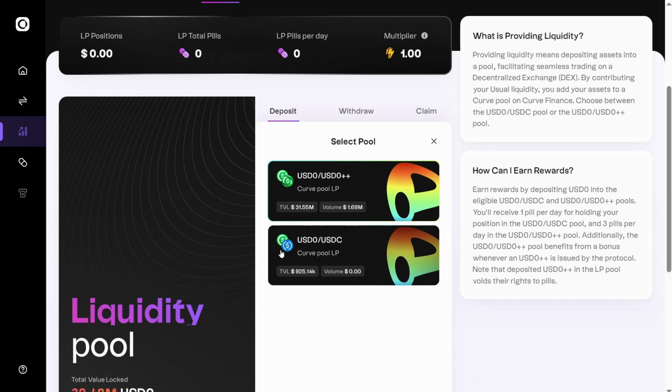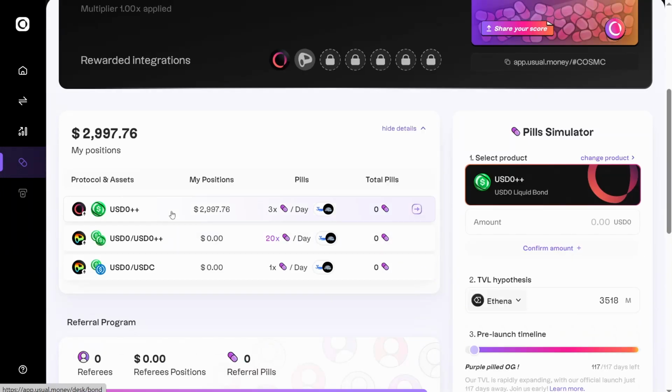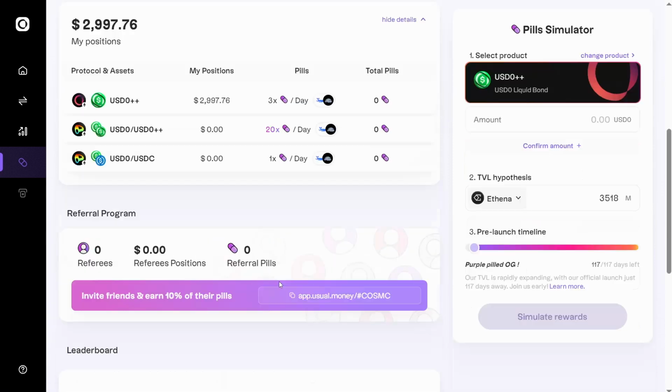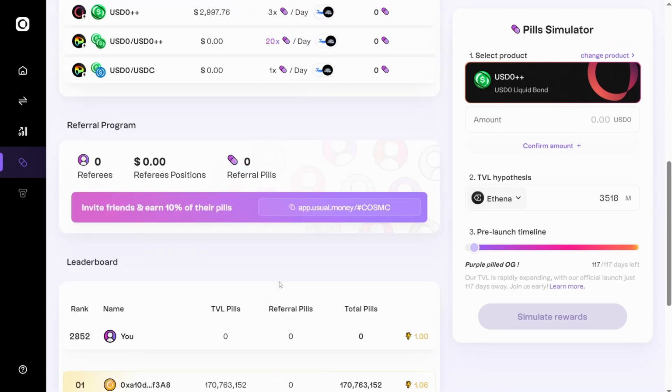You can find the same pools on Curve Finance, where you can perform the same actions and check more details about any pool. Okay, let's focus on the option I selected for investing my USDT. I deposited, and now I will farm pills and increase my multiplier. My goal here is to farm as many pills as possible and not withdraw for 170 days to keep the multiplier active.